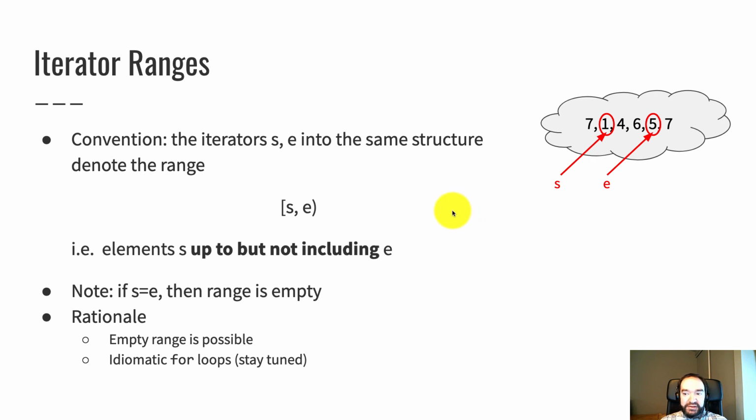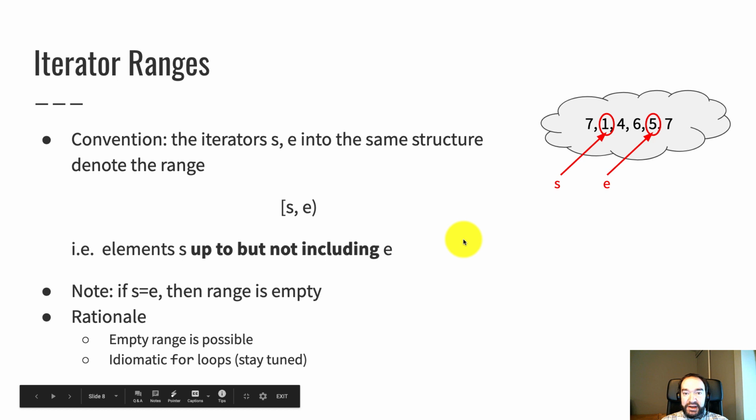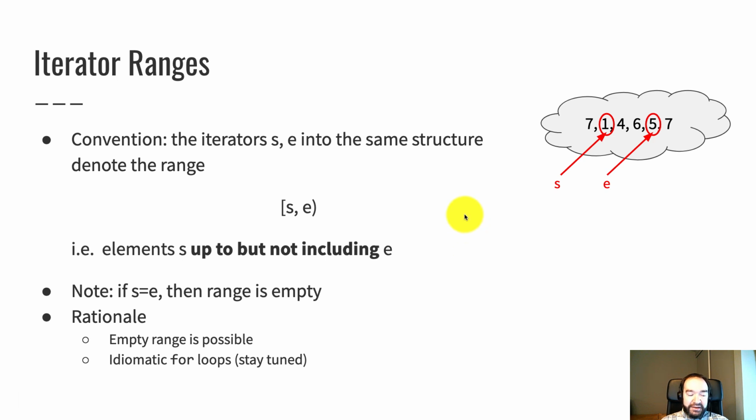It makes more sense once you see how iterators are used in the library. For one thing, this makes it possible to represent an empty range. If the start and end are the same location, the not including the end rule means that that represents no elements at all. So if I have the start pointing at location 1 and the end also points at location 1, that actually means no elements at all, an empty range. So that's one rationale for this convention. It makes it possible to represent an empty range, which is a convenient thing to do sometimes. And it does make those for loops more idiomatic. We'll get into that in a later